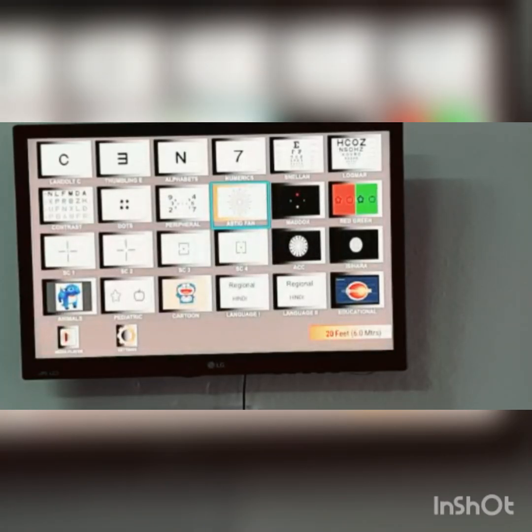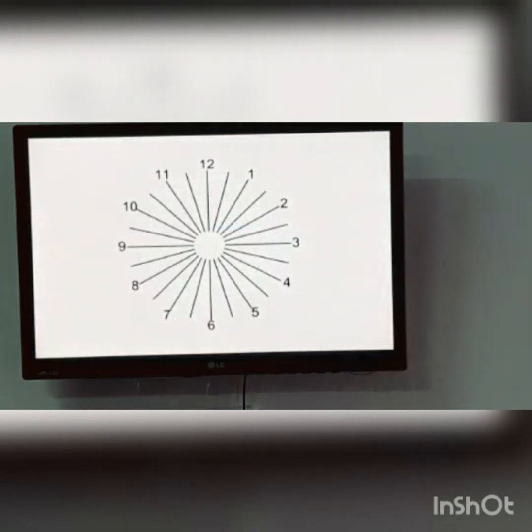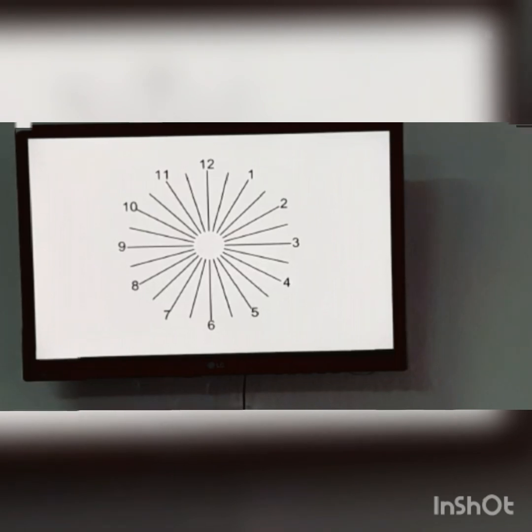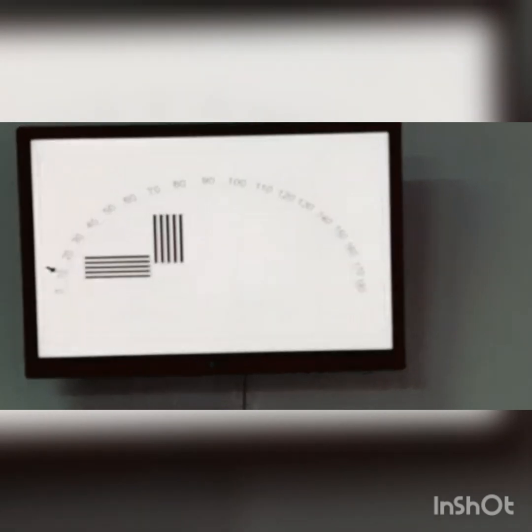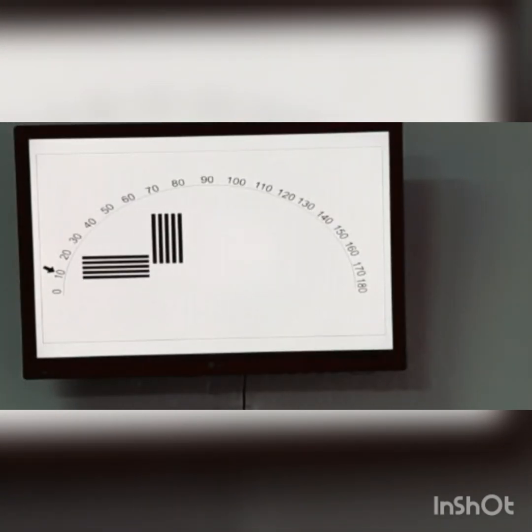The next we have is the astigmatic fan. The fan and block test is used to determine the axis and magnitude of astigmatism. It determines the presence of any astigmatism and its principal axis. The fan block test consists of a series of radiating lines spaced at 10 degree, 15 degree and 30 degree intervals and arranged after the manner of rays of a rising sun. There is a central panel carrying a V and two sets of mutually perpendicular lines. The V and block simultaneously can be rotated through 180 degrees.